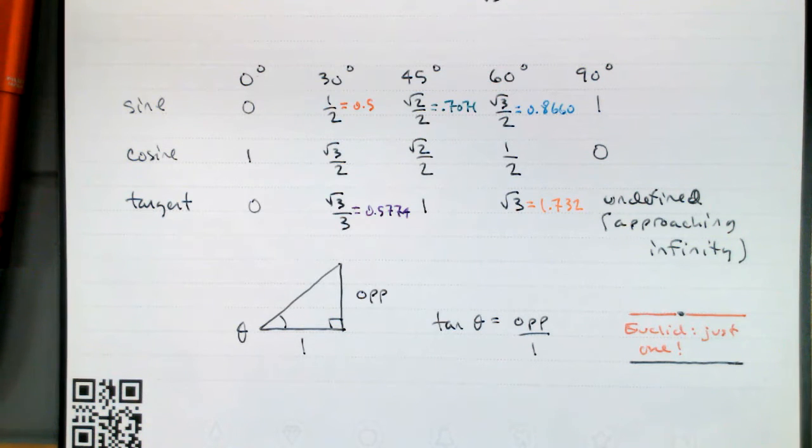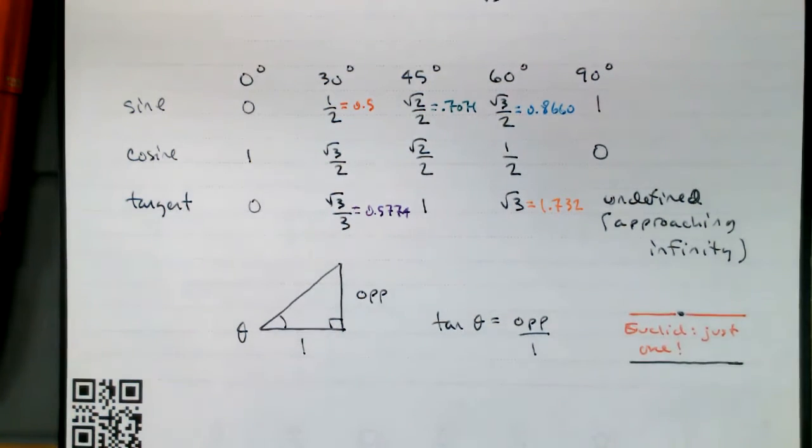The reason that we can get away with this is that the second, third, and fourth quadrants are pretty much just copies of the first quadrant. All the triangles are going to look the same. Notice that on the previous page,